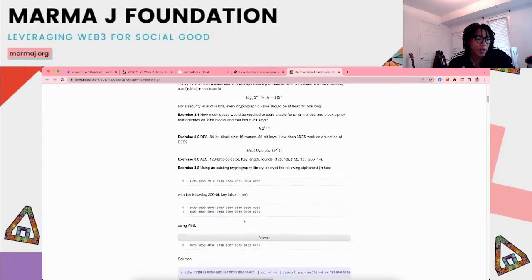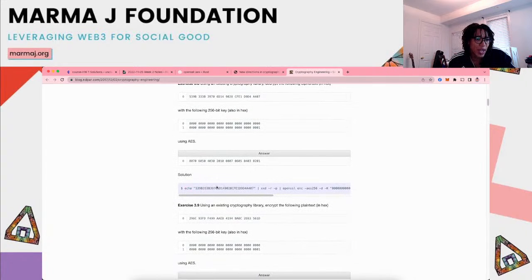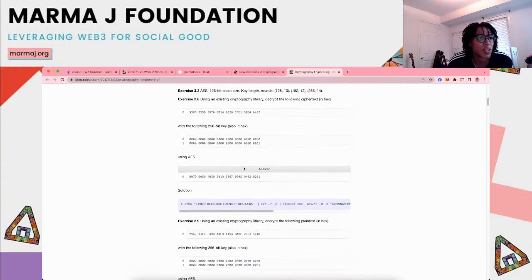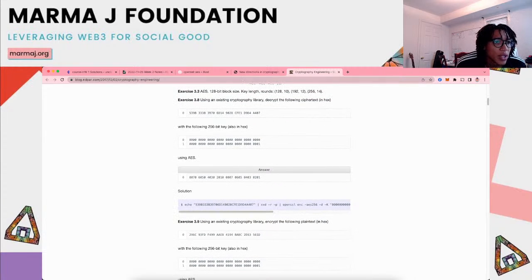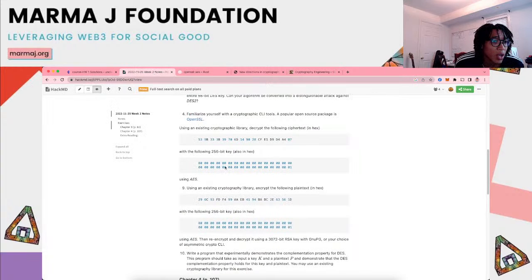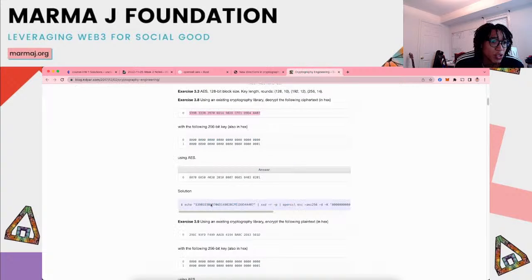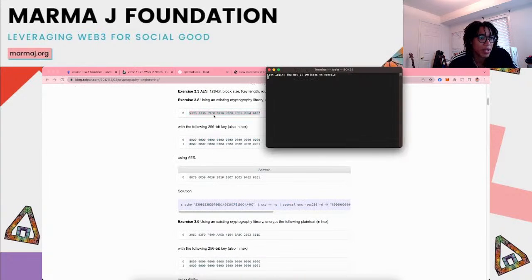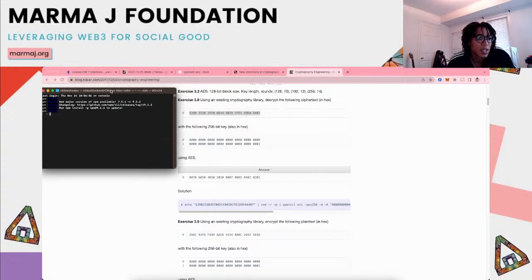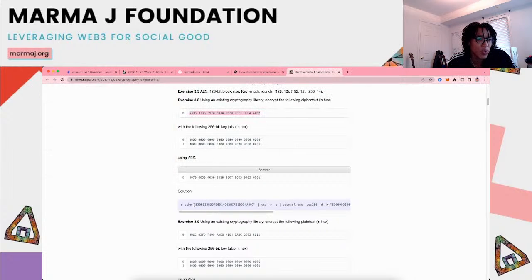Same person, sorry. But they used this, just echo. I thought that was really interesting. So they just echoed this, which is the first information, the ciphertext, right? So apparently you can just do this, and I'll show a terminal right here. I have a terminal right here. It might work. Perfect. So apparently if you just echo the ciphertext, and then you use the OpenSSL encryption,